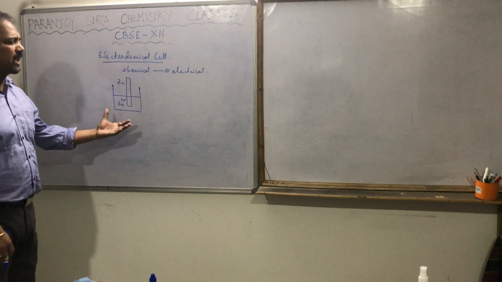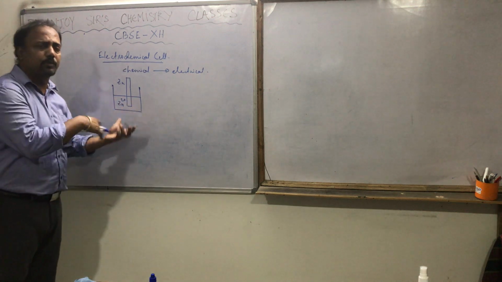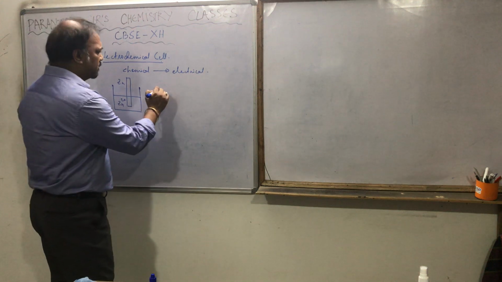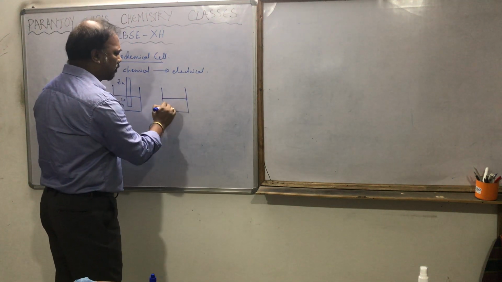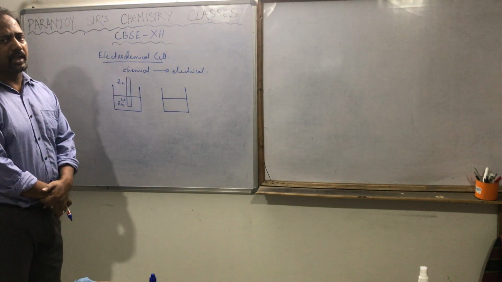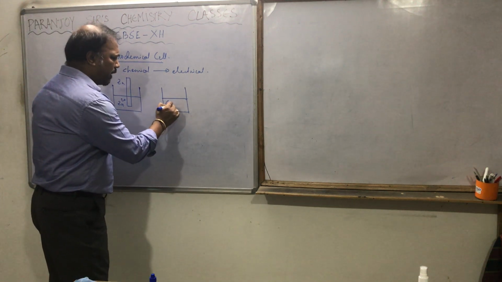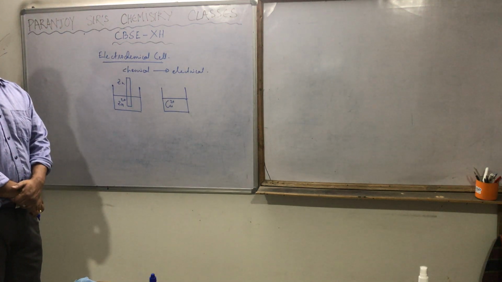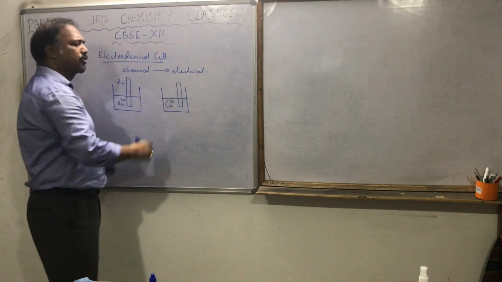This is one electrode. There must be two electrodes. We'll come to what is what and how they are working. In another container, we took a copper solution, meaning we took an electrolyte of copper and made a solution, suppose copper chloride, copper nitrate, or copper sulfate, anything. Here the Cu2+ ion is present in the solution, and we dipped a copper strip in it.